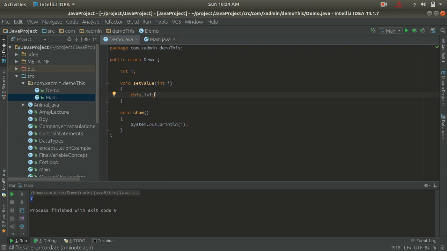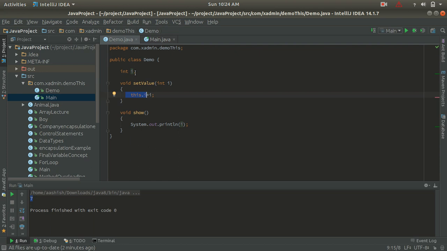And we have seen that if we are not using this keyword, we can face a problem when the instance variable and the local variable have the same name, right? So to store the value to the instance variable, we have to take the help of this keyword, which refers to the current class instance variable.